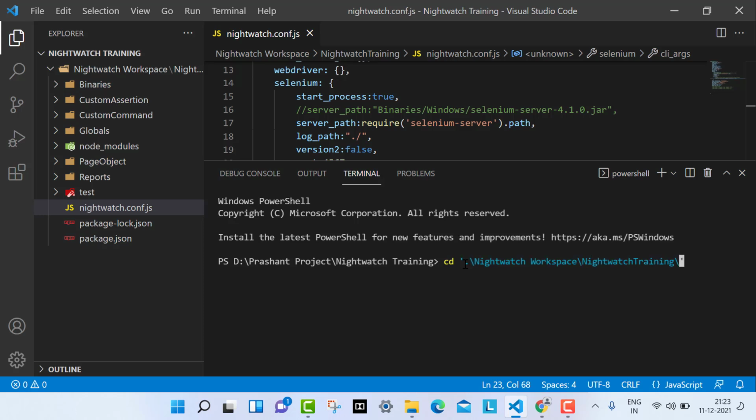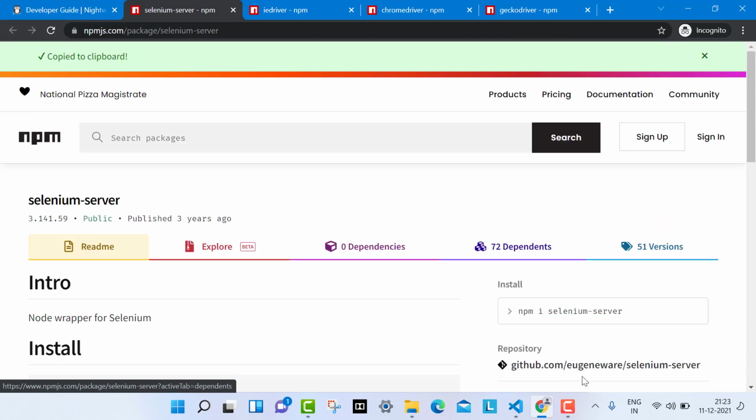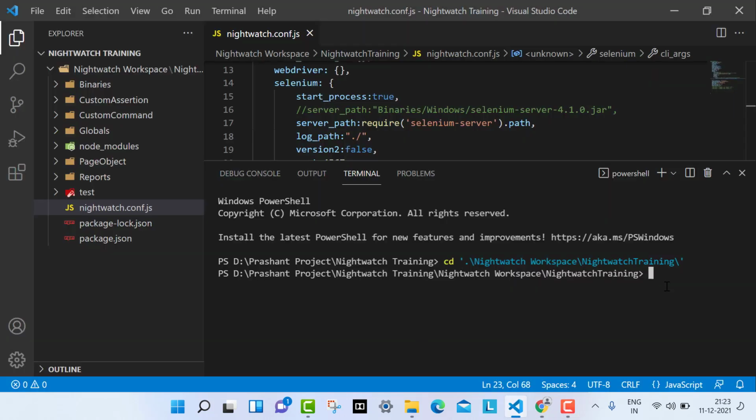and I'm going to cd Nightwatch workspace, and then we have Nightwatch training. So now we are in the correct project folder, and then we can install it: npm i nightwatch selenium-server.